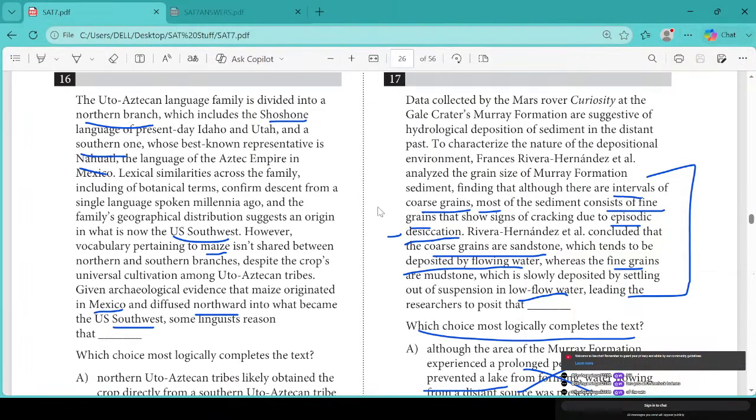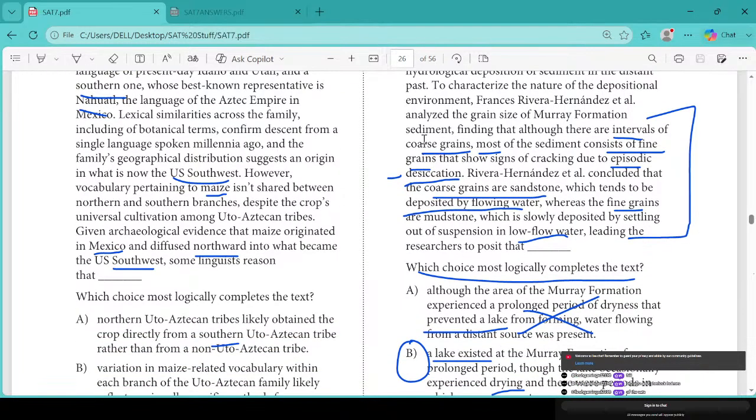Okay, there we go. So, as I was saying, there were intervals of coarse grains, and there are some fine grains that show signs of cracking due to episodic desiccation. And we figured out last time that episodic desiccation means occasional drying. So coarse grains are sandstone, which are flowing water, right? And fine grains are mudstone, which is in low flow water, meaning the water is not flowing. So